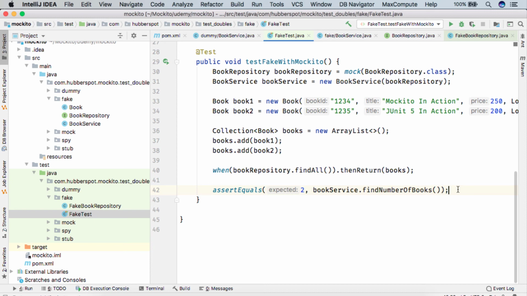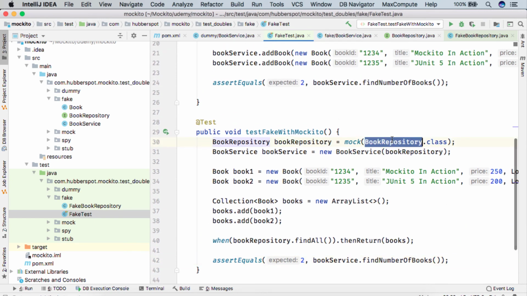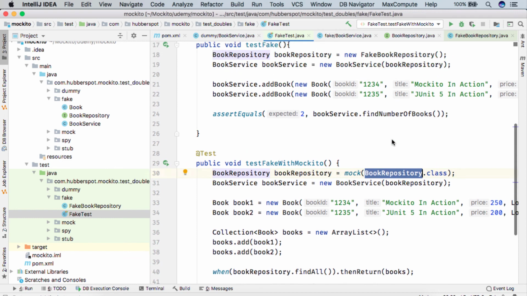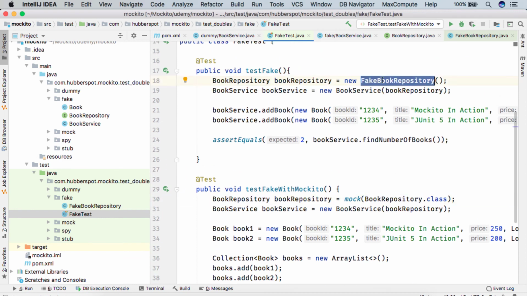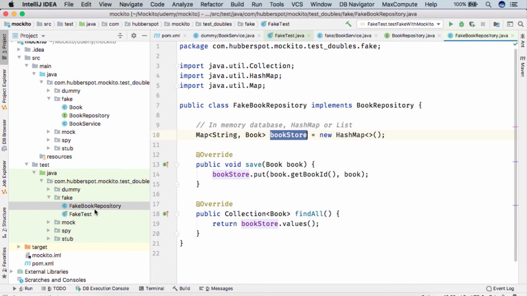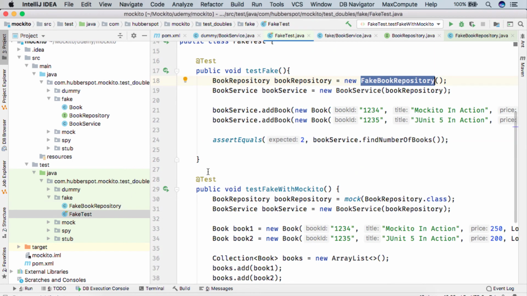So friends, this is how the Mockito framework helps us in creating test doubles, which are very fast. Creation of this fake book repository requires manual effort, and if you want to create this fake book repository for many test cases, then unit testing becomes hell.